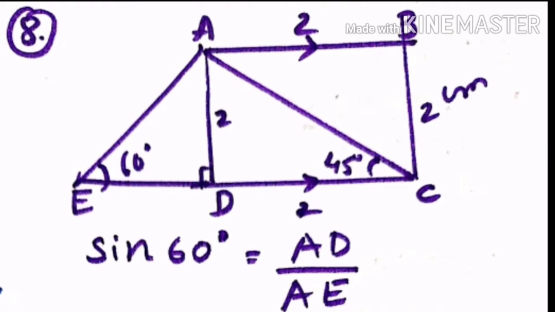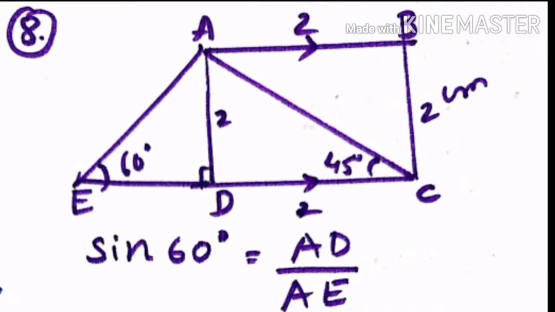First of all, see the figure. Here AB and EC are parallel to each other. Sides AD and BC are 2 cm each and are perpendicular to AB. Perpendicular means it makes 90 degrees with the base. Given that angle AED is equal to 60 degrees and angle ACD is equal to 45 degrees, without using tables, calculate. Now here we want to calculate AB, AC and AE values.